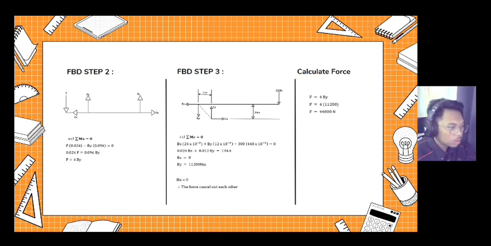So we calculate that; we assume that Bx is a zero force. And then we got By, 11,200 Newton meter. So we want to know about force, for By we assume that By is 11,200. So we just input that. Answer is